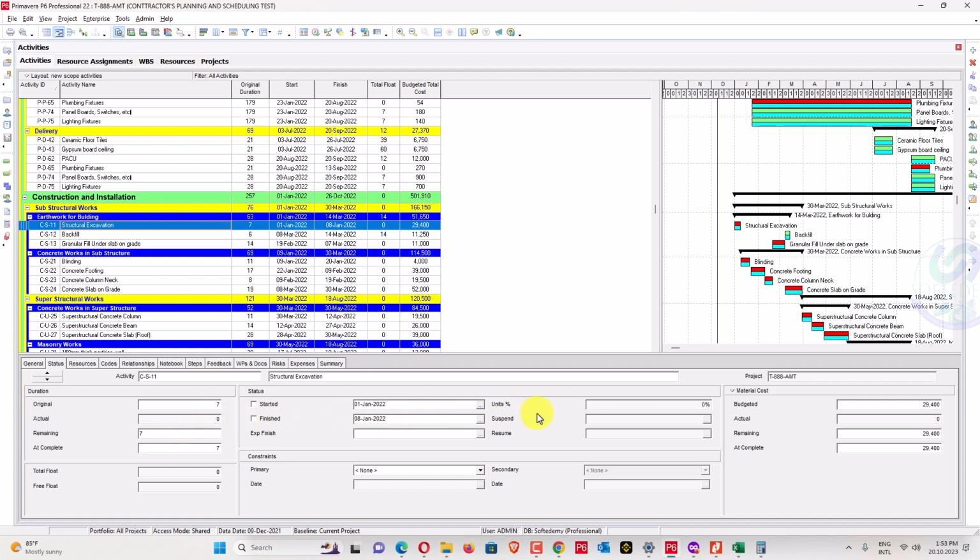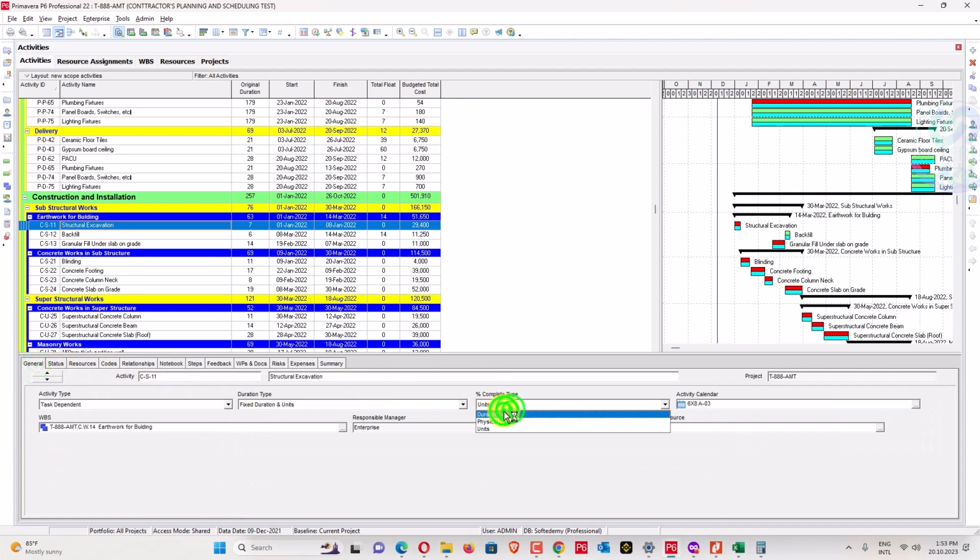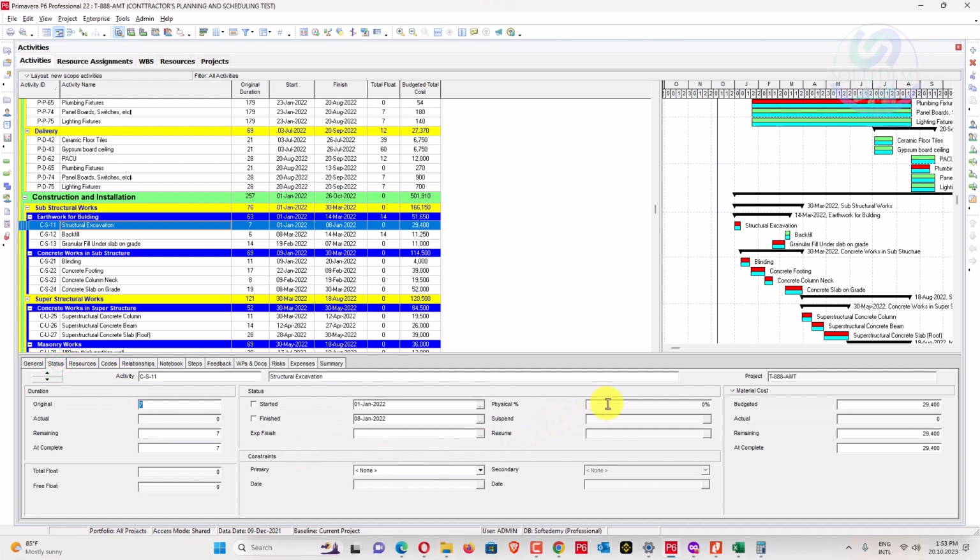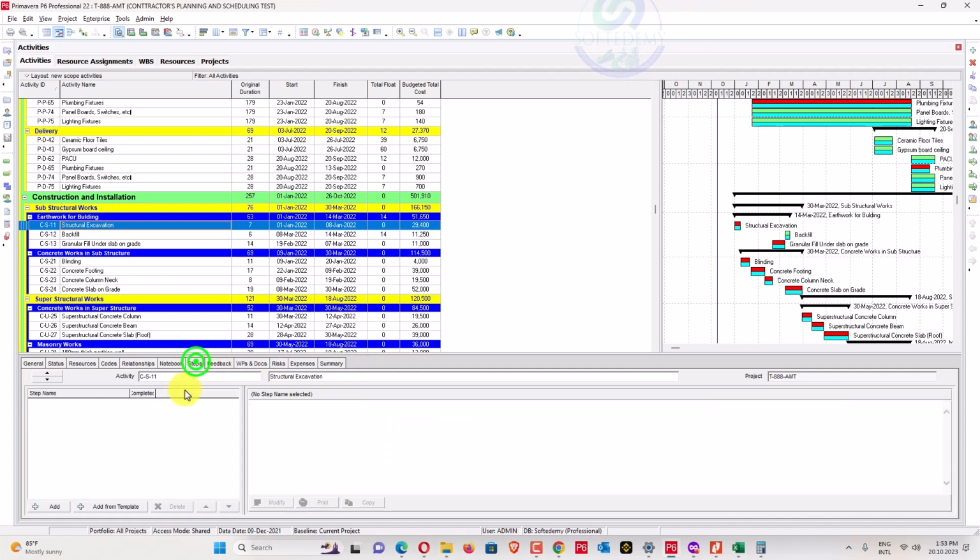So if you don't have any confirmed quantity, and somebody is reporting in duration percent and physical percent, you can change that one into physical percent. And if somebody is saying that I cannot measure daily, and you will get something percent in value, you can add their activity steps here, like for excavation. There are 4 steps, so you can add here steps, and you can add here the weightages. So you can measure by both physical duration, and also you can measure by units for construction.